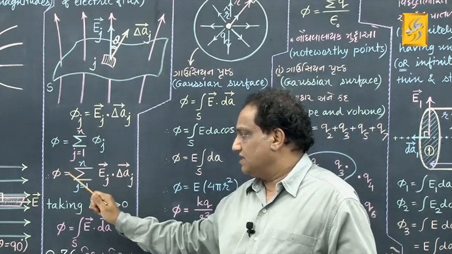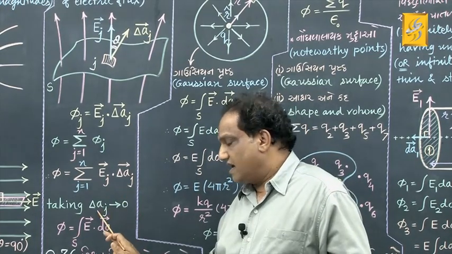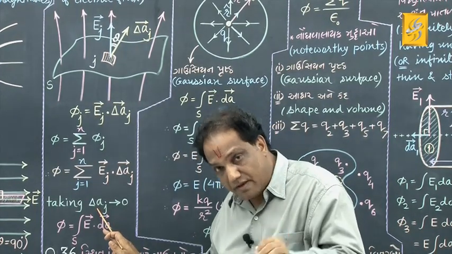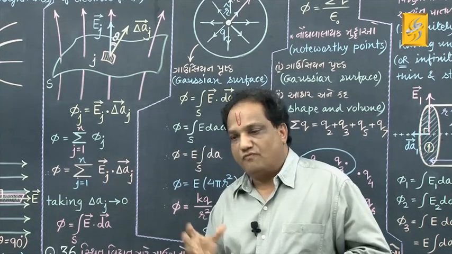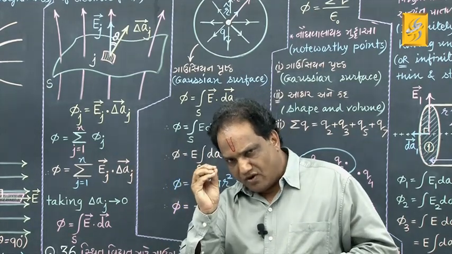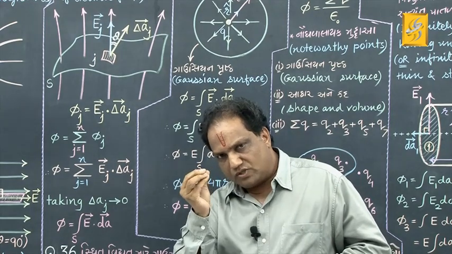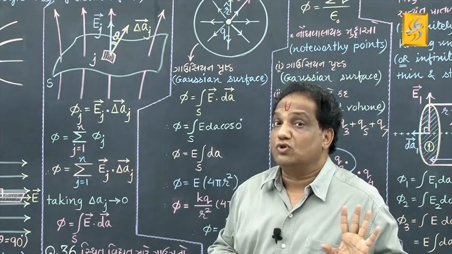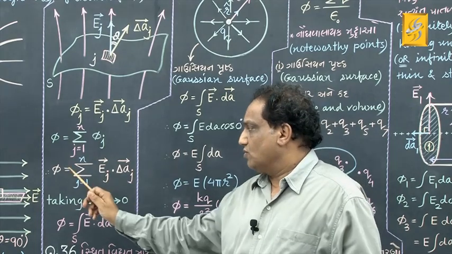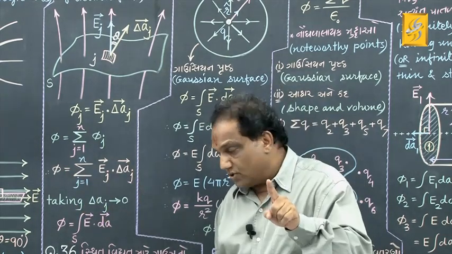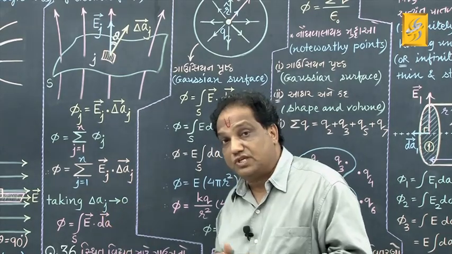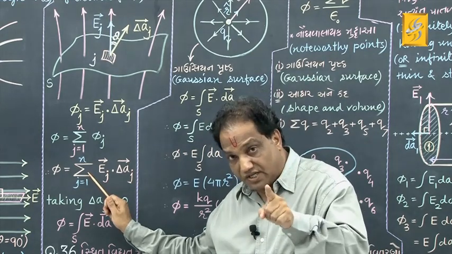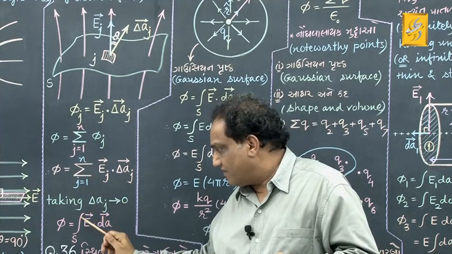Mathematically, we should find this electric flux by taking the value of delta Aj extremely small, we should make it smaller and smaller, mathematically tending to 0. When you make it tend to 0, then the area of the area element would be very, very small, almost like a point, and at that very position, the strength of the electric field can be taken almost constant, correct? So, in order to have accuracy in this result, we need to take this limit, delta Aj tends to 0, correct? And when you take this limit, this summation results ultimately into this surface integration,